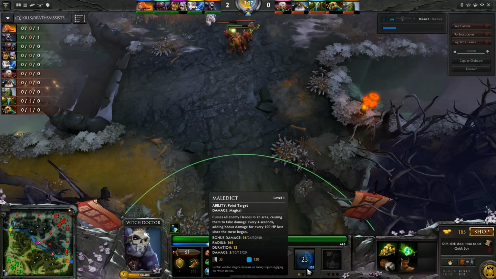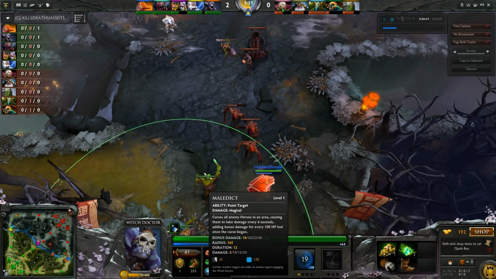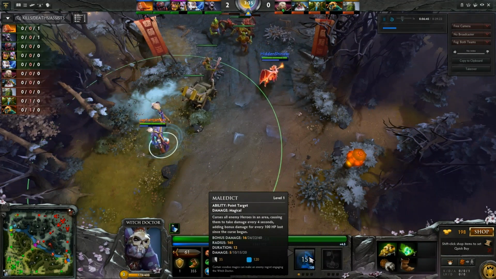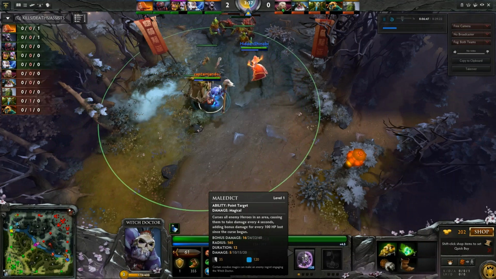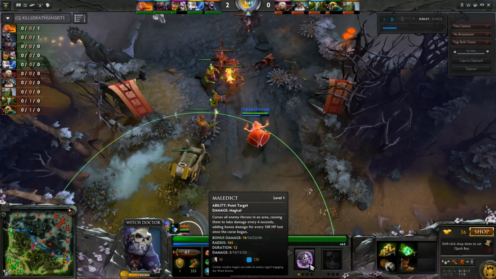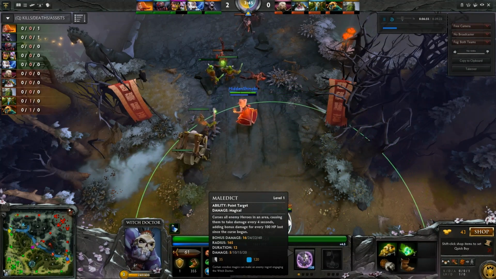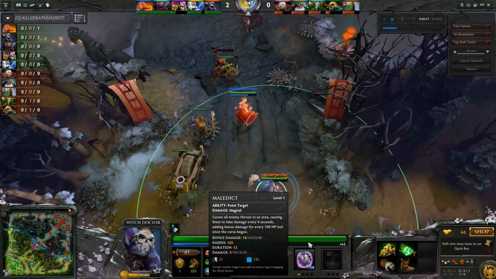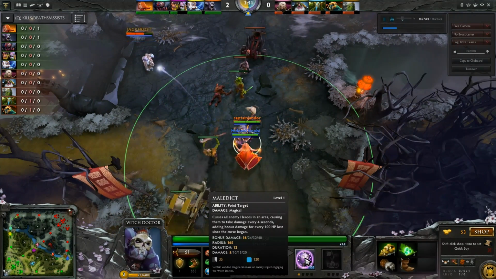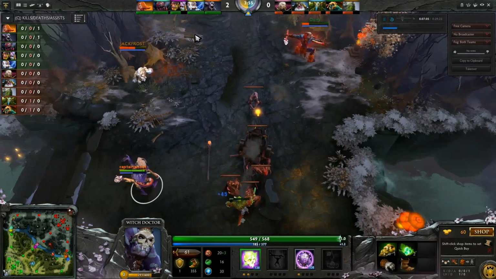So Maledict curses all enemy heroes in an area, causing them to take damage every 4 seconds. And it adds bonus damage for every 100 hit points lost since the curse began. So you drop this at the beginning of a fight, and it can deal a surprising amount of damage. It's kind of shocking. I mean, it doesn't seem like much, but if you're dropping hits on them, or they're taking damage while this is happening,